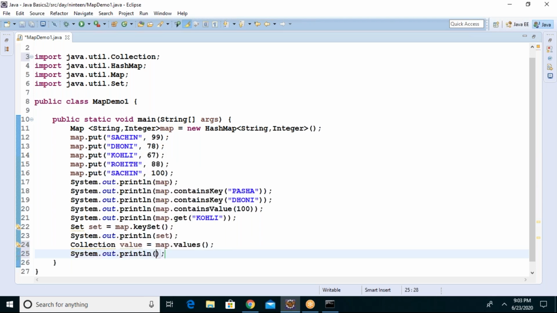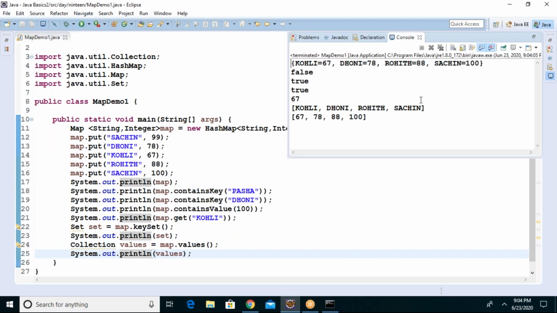System.out.println values, or value, anything, no problem. Now you can check the list of values is coming. Separate list of keys, list of values.